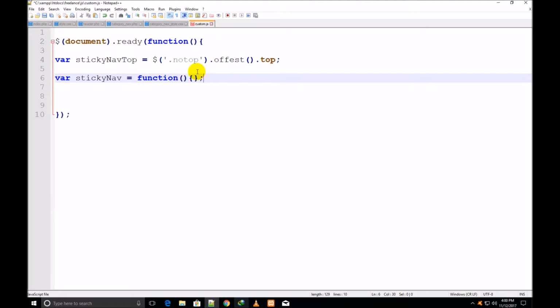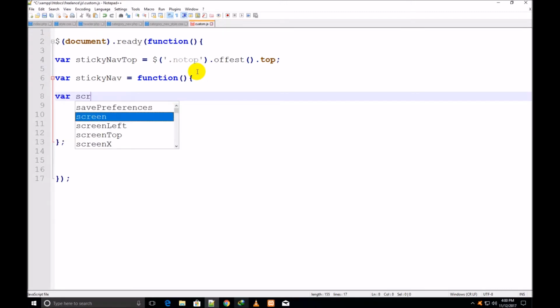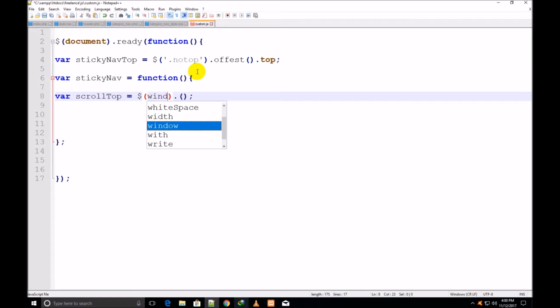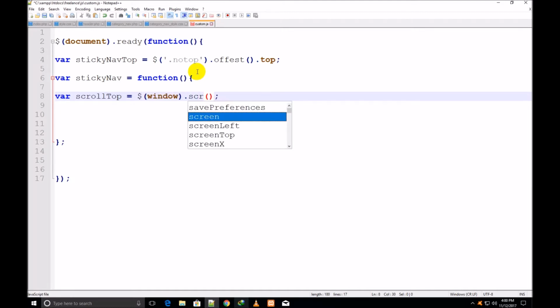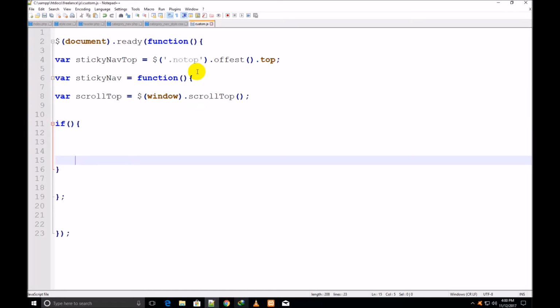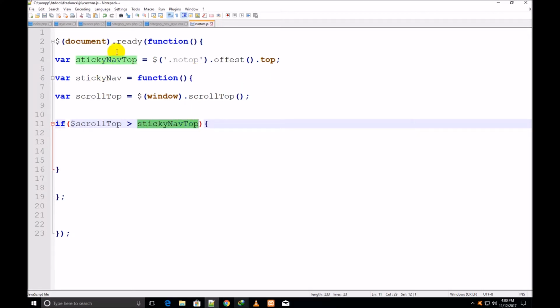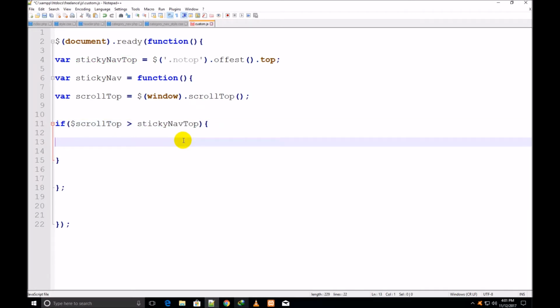Variable stickyNav is equal to function. I have created this function now, with parentheses and curly brackets. Variable scrollTop is equal to this syntax $(window).scrollTop(). If, with parentheses and curly brackets, if this variable scrollTop is greater than stickyNavTop, this variable,